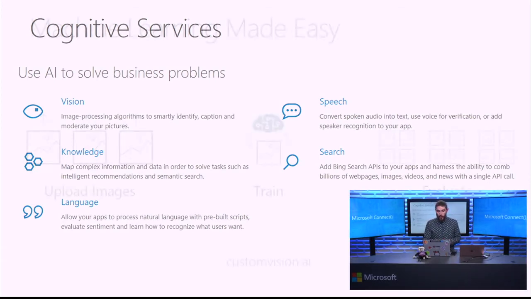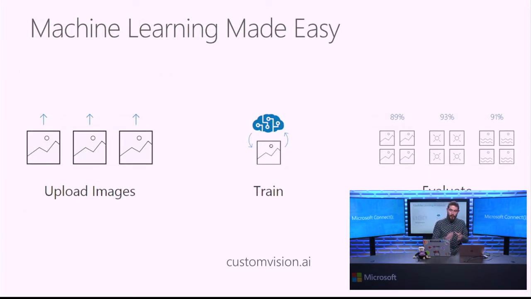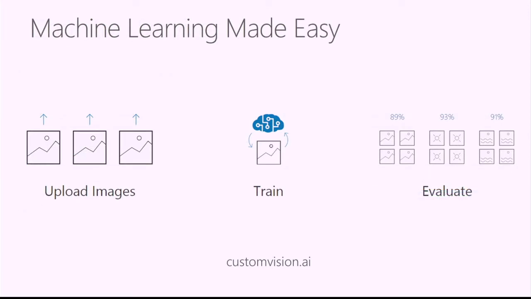But one of my favorite ones is how we're making machine learning actually easy with customvision.ai. Custom Vision is one of my favorite tools that we have here at Microsoft. There are so many of my favorite tools, to be honest with you. But it allows you to upload a set of training images that you can mark with attributes. You can train a model in the cloud and export an iOS Core ML model that you can use